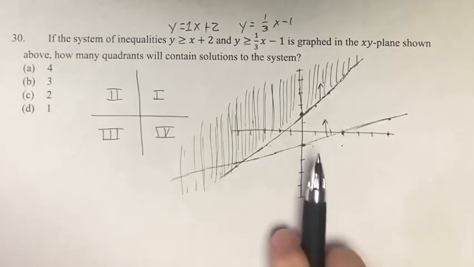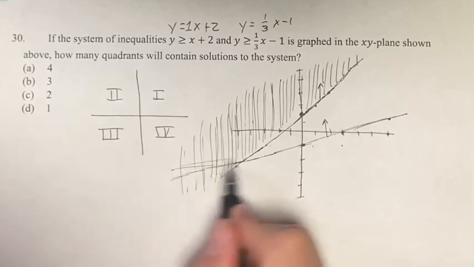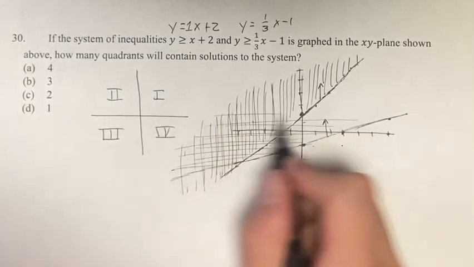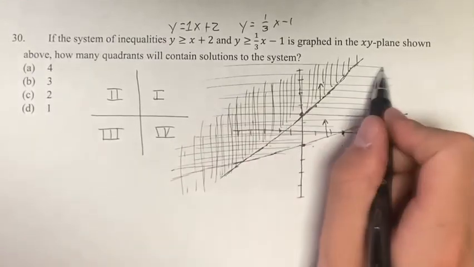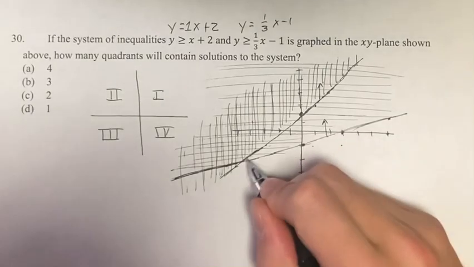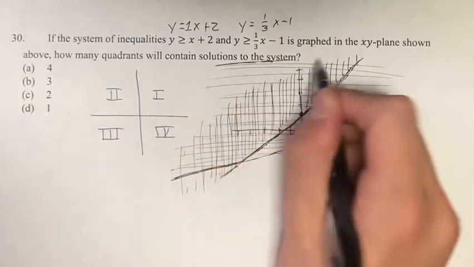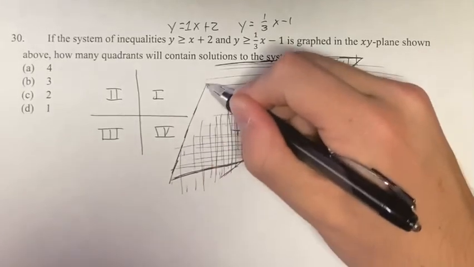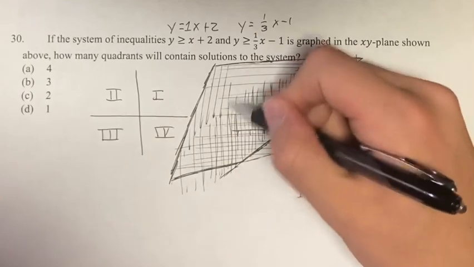And then also we're looking above the other line. So then we just do everything above this line, and we can do it with lines sideways, and then you'll see where we have this cross-hatching of vertical and horizontal lines. That's where our solution is. So that's going to be from here up here, and I'll cut off our boundary, even though this goes off to infinity. Here we have a sort of boundary, and we have this section, right, where everything in here